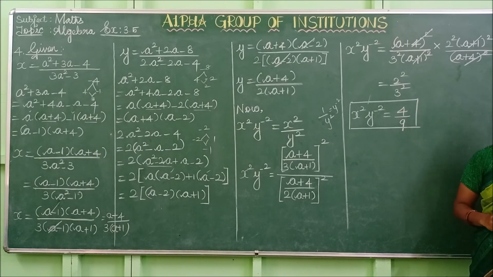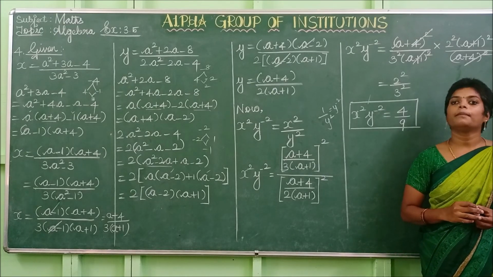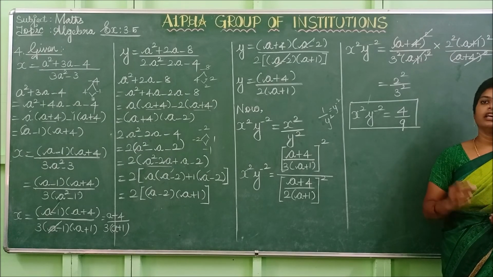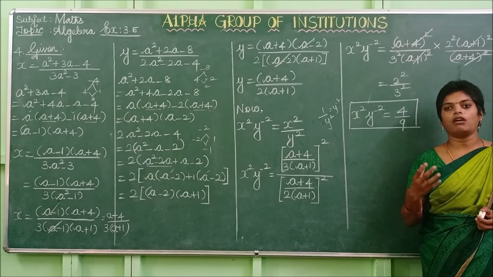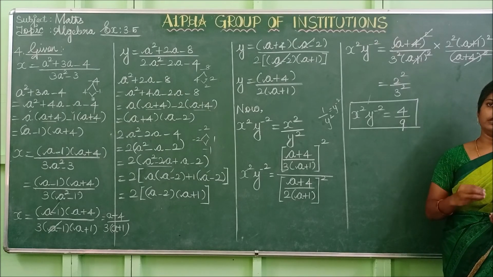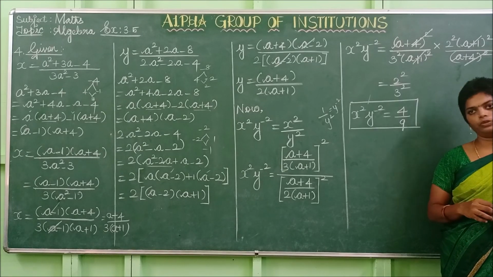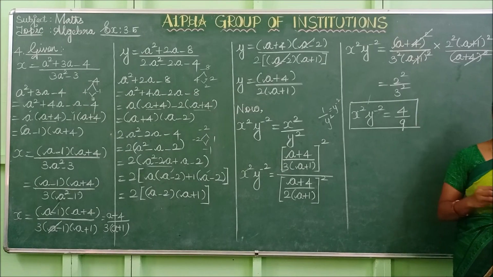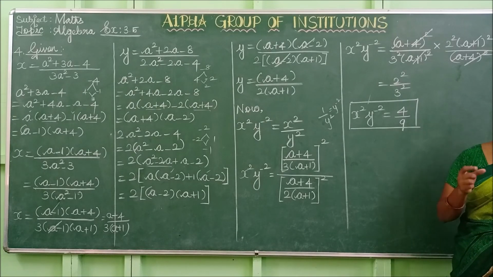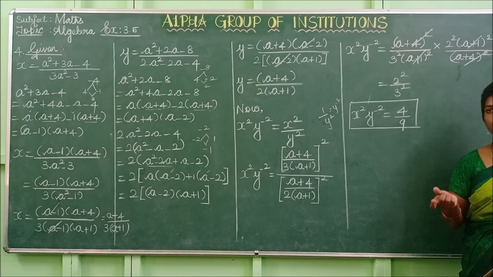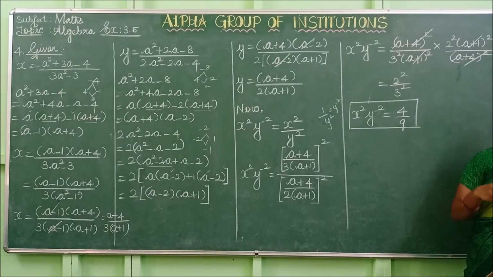We have cleared about this. So in this chapter we learned about the multiplication and division of rational expressions. Multiplication: if p of x by q of x and r of x by s of x are any two rational expressions where q of x and s of x are not equal to 0, then their product will be p of x by q of x into r of x by s of x, which is equal to p of x into r of x divided by q of x into s of x. So you have to find the value. After that you have to reduce it to the lowest form.